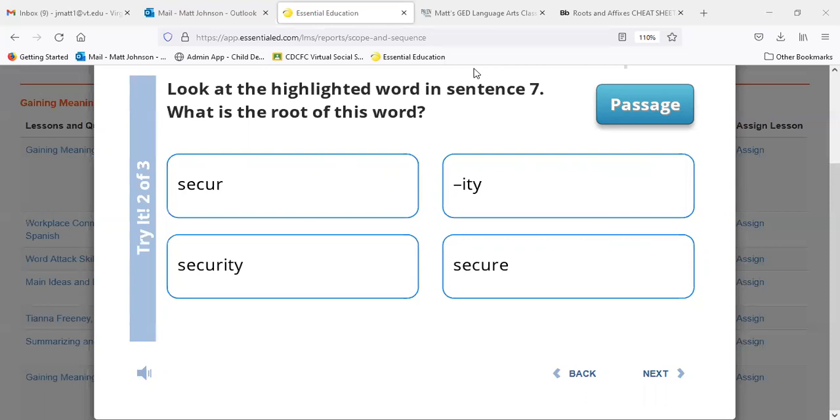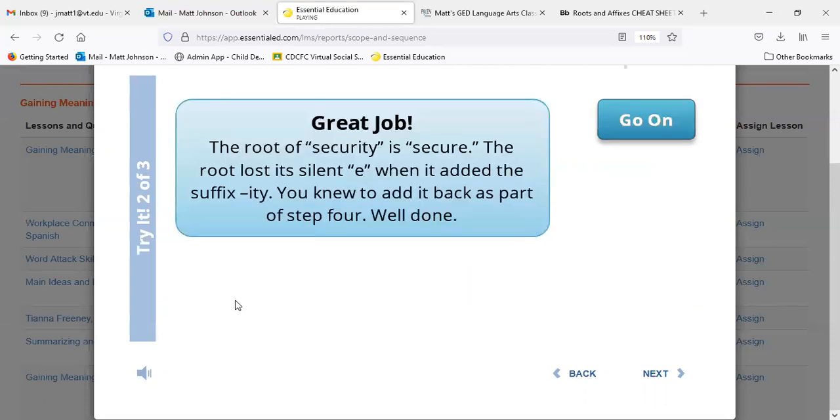D. Let's see. Yeah, secure, right? So here, that's another example where we've removed the silent E and added ITE. So like that's the state of. So secure, root word. Great job. The root of security is secure. The root lost its silent E when it added the suffix "it." You knew to add it back as part of step 4. Well done. All right. And our final little question here before we actually get to the 8 or so questions